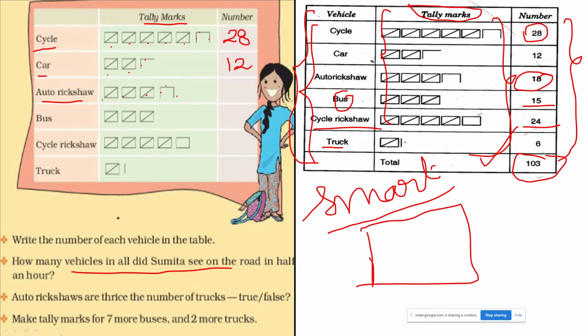You can find that sometimes the traffic policeman counts how many vehicles are passing, why this area is very crowded in the particular peak hours. You can find a small diary with the traffic policeman standing on the roadside. He makes a note of the vehicles crossing in a particular time. If it is school hours, he notes how many school buses are crossing.